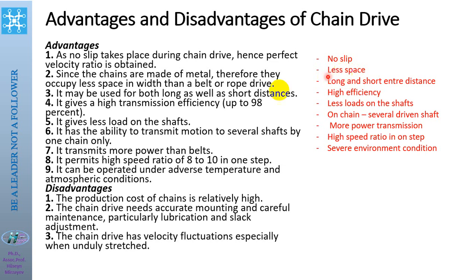There are very high efficiencies, up to 98%. No initial tension is required on the chain, so it gives less load on the shaft. It has the ability to transmit motion to several shafts with only one chain,